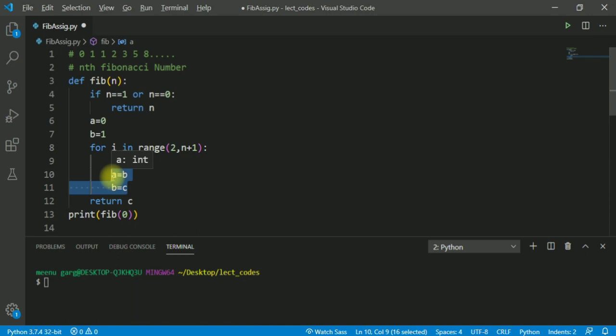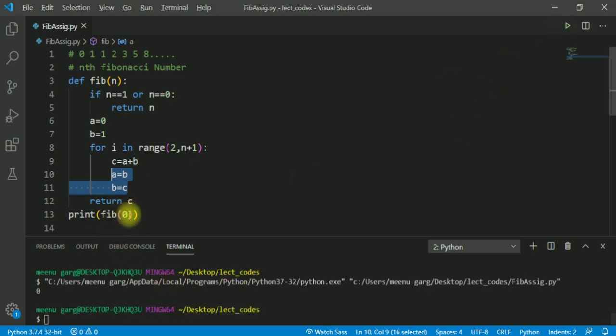Over here we are generating and updating our previous two, because to find the nth element in the Fibonacci series, what we need? The previous two Fibonacci numbers. If you want to find Fibonacci number 2, meaning the second Fibonacci number, what you need? Fib of 0 as well as fib of 1.